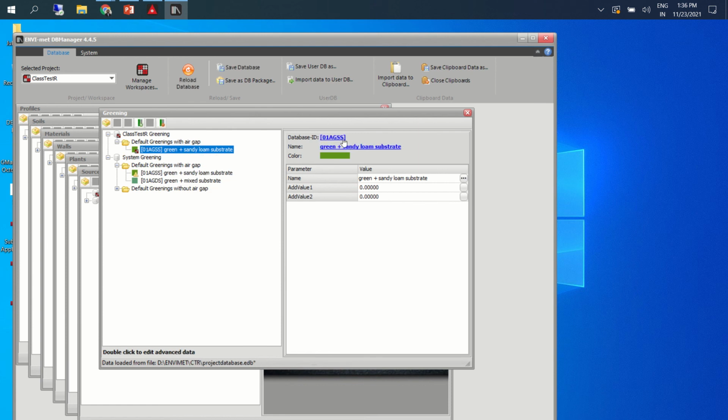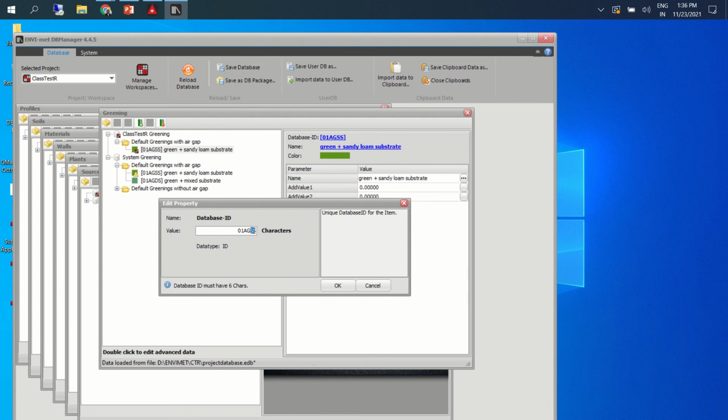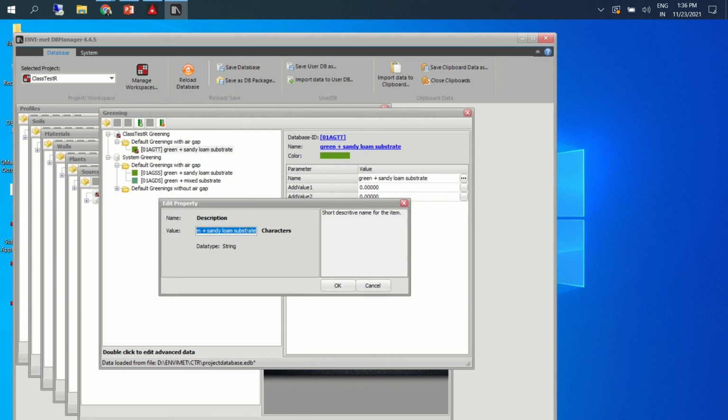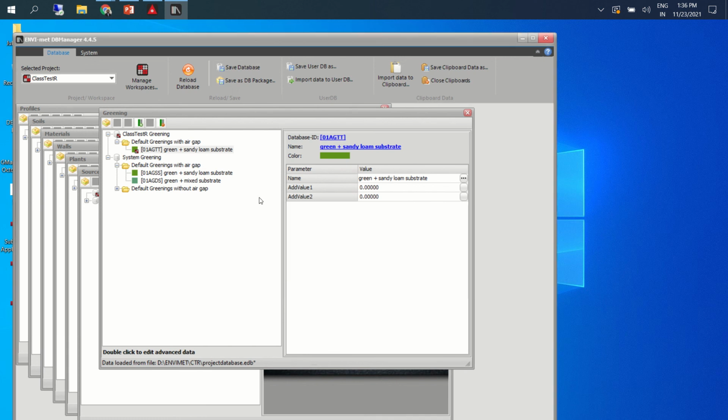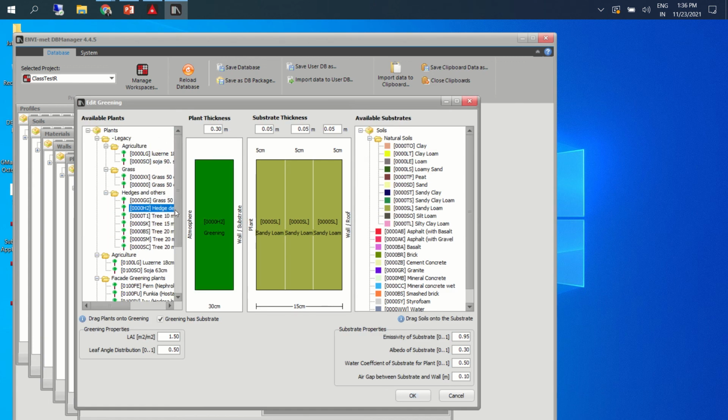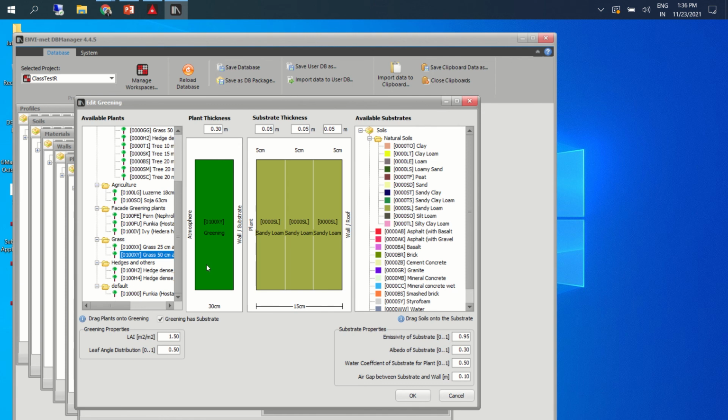Just changing it here. Okay, you can have your own definition of greenery. That will be your first layer, and what is the thickness of that particular layer.